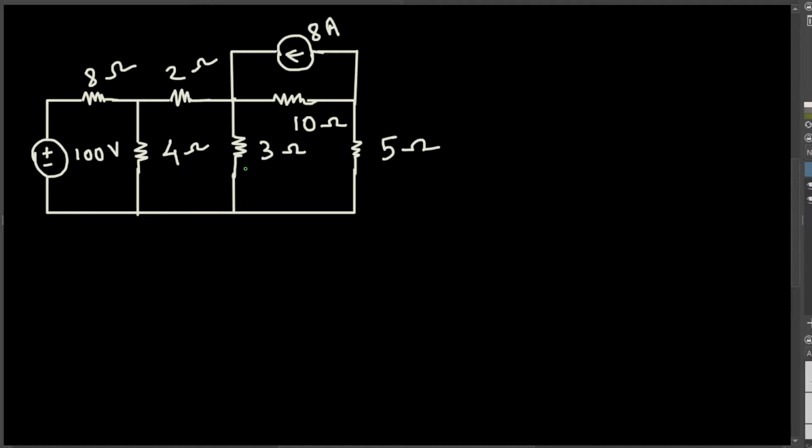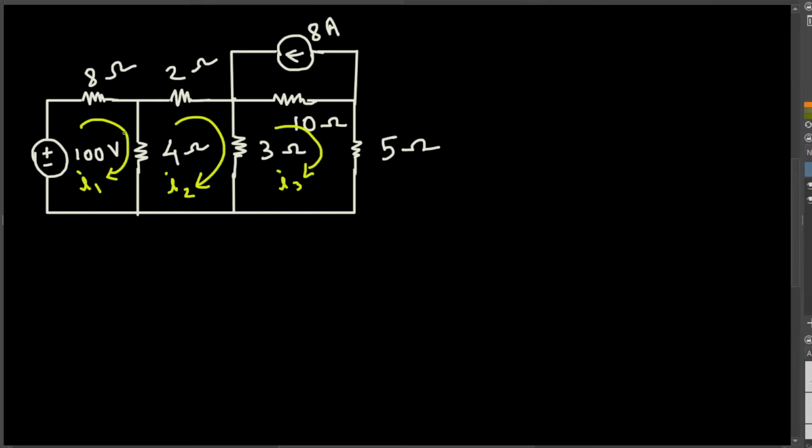Right here, what I'm going to do is use mesh analysis to find all the currents. Let's say this is I1, this is I2, and this is I3. You can assume any direction, clockwise or counterclockwise. It's up to you. Everything's going to give the same answer. Okay, so I'm assuming all of them are